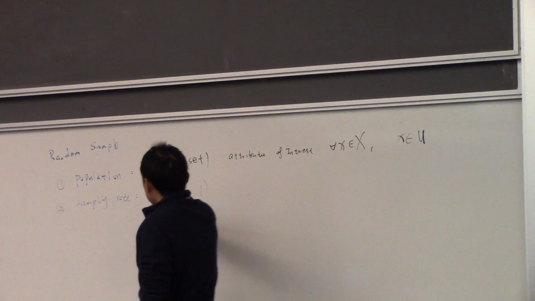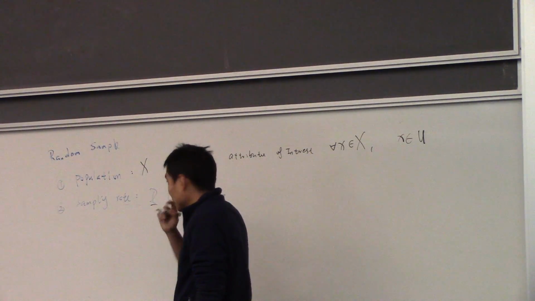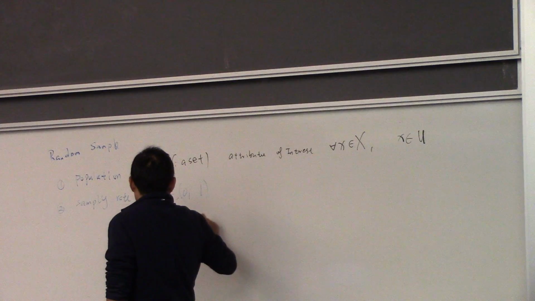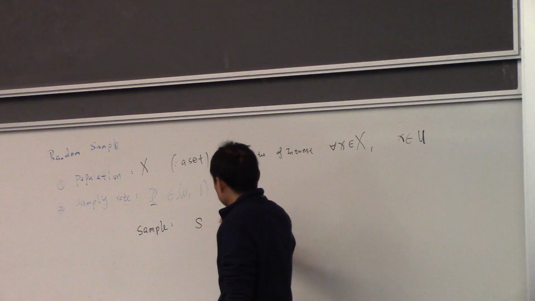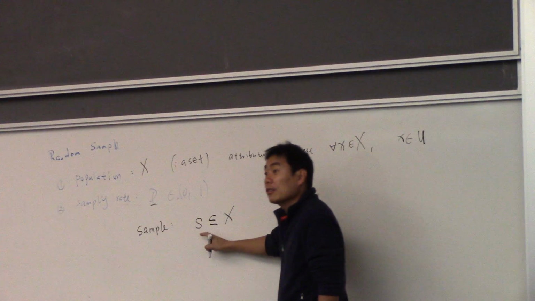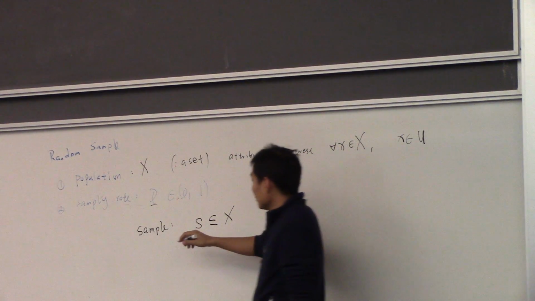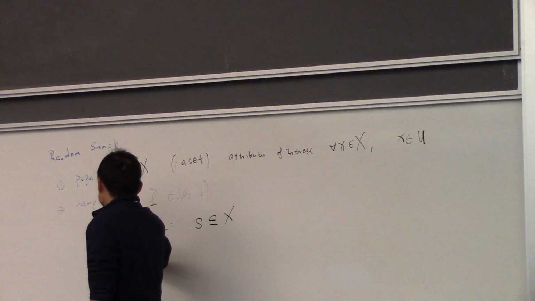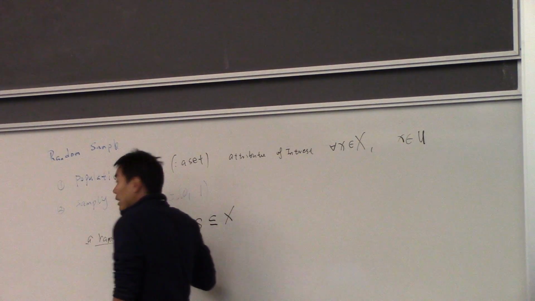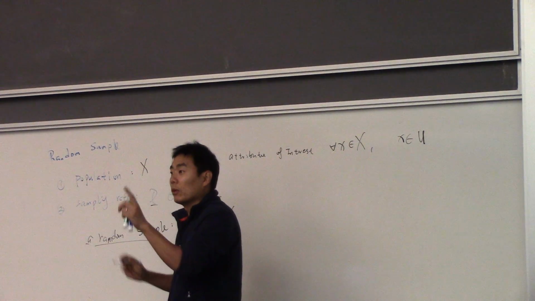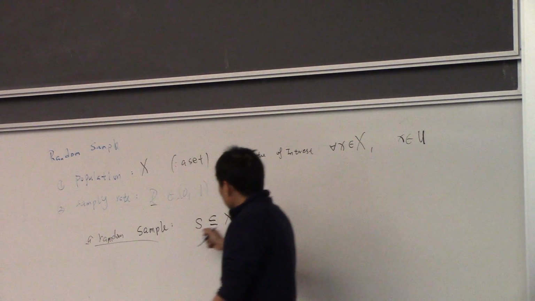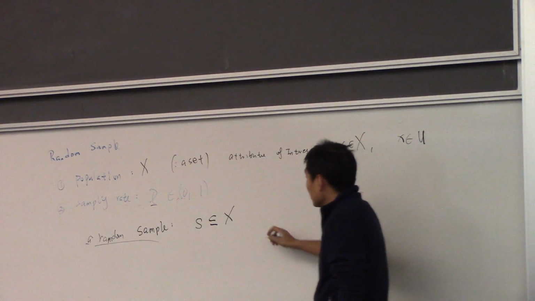Now, once you have a sampling rate goal, what that says is you're going to draw a sample that's called S. S is the set, a subset of capital X. When I say a random sample, a random sample doesn't mean just a single sample. It means a set of samples. A random sample is a set of samples from X, such that